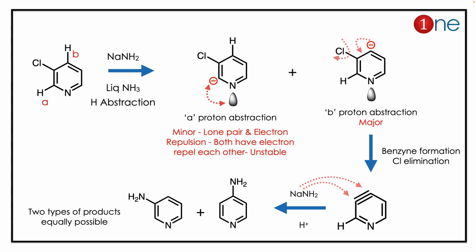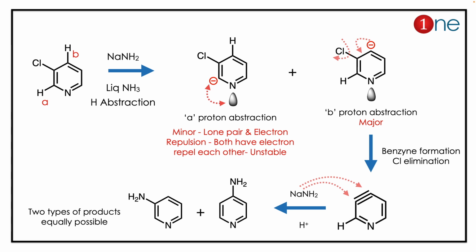By looking at the reaction, the chlorine is a leaving group and you might think of a benzyne reaction. The benzyne mechanism forms and dictates the product. The first step of the mechanism is anion formation. Here the chlorine is a leaving group, but there are 2 hydrogens which can leave, the A hydrogen